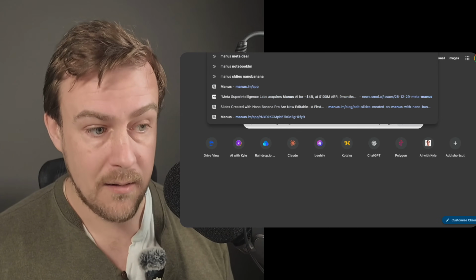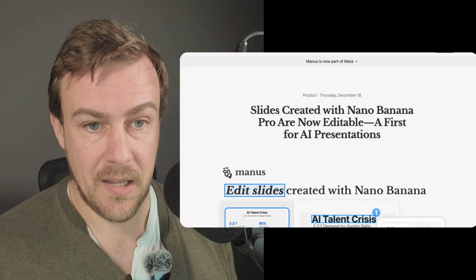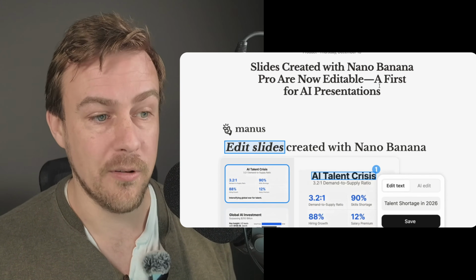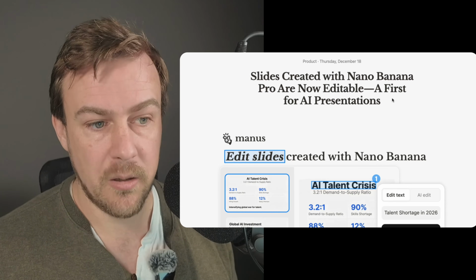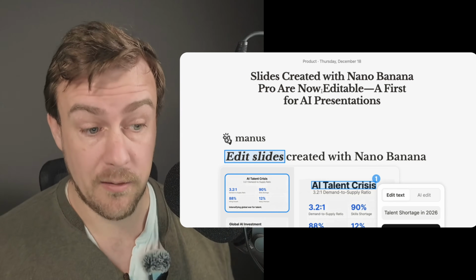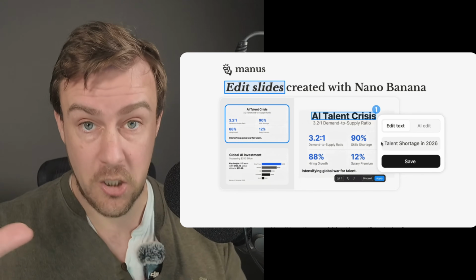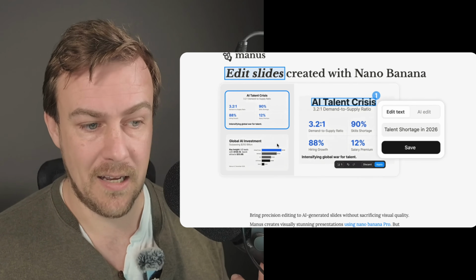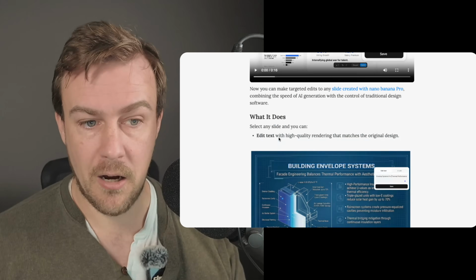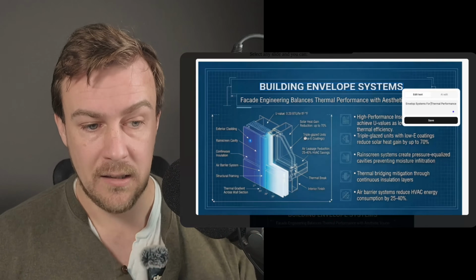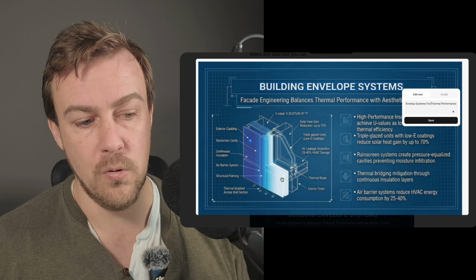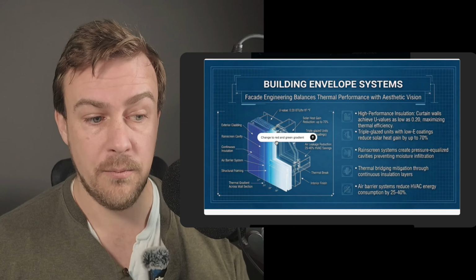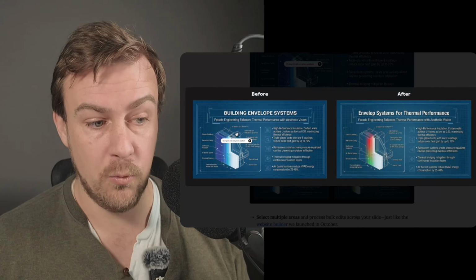However, you can in Manus. They announced this just before Christmas, and I don't think everyone realized how powerful this was. So slides created with Nano Banana Pro are now editable inside of Manus. Once it's created that image, you can now select text and you can edit text. You can select certain parts like an image, like this image here. Let's say you had this image and you don't like this blue to white gradient. You're able to select that in Manus and say, change this to red and green, and Manus will change